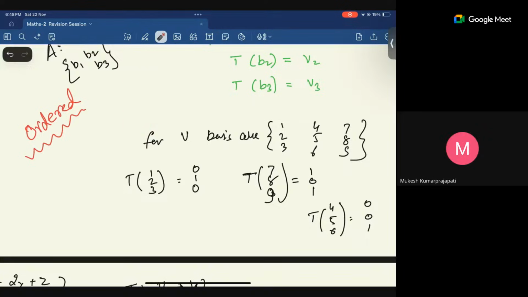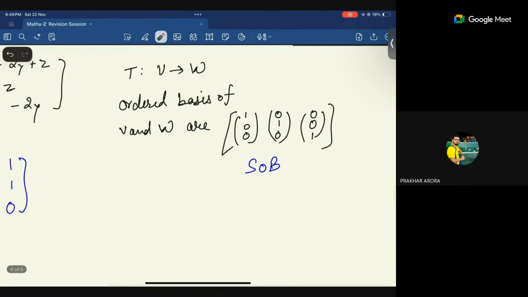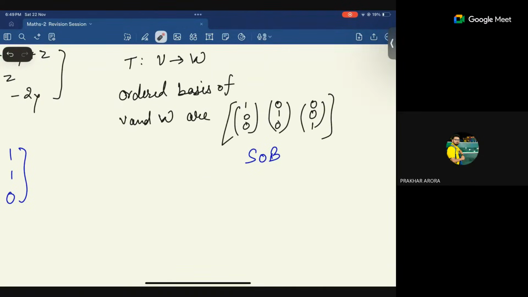Sir, why are output bases not unique? What do you mean unique? In a particular input basis. No, there is nothing unique here. They can give you anything. See, this thing I created myself. Everybody is free to create their own bases as long as you know how to create bases.